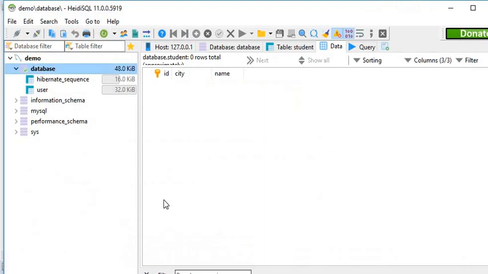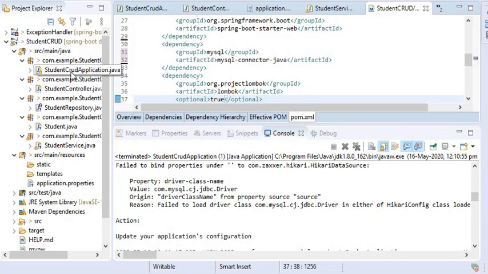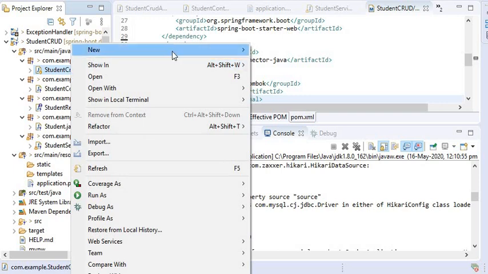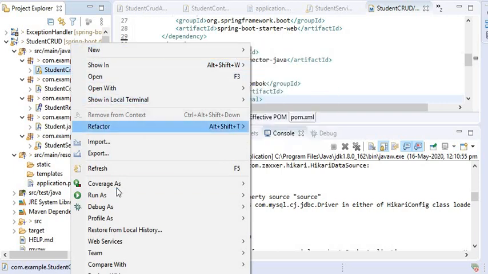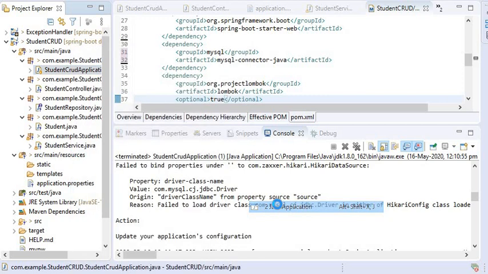First I will check my database. Inside my database only one table is available, that is user. When I run my application, it will automatically create the table for me. Run as Java application.